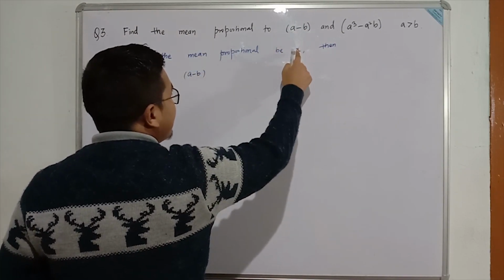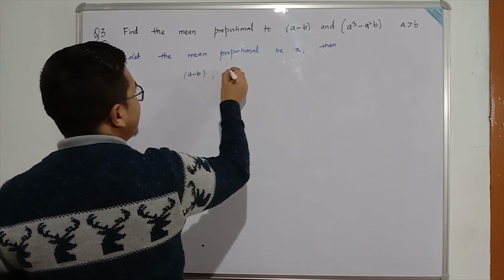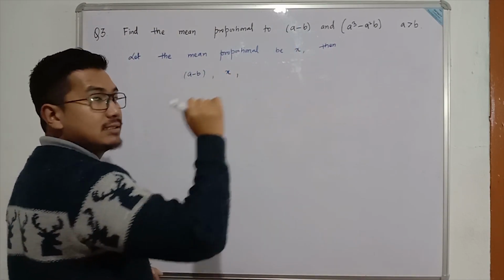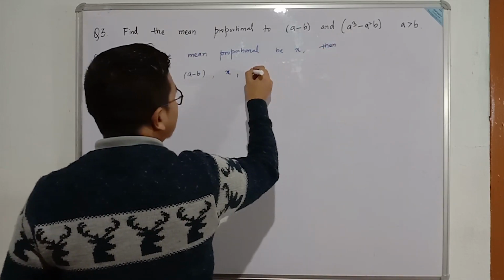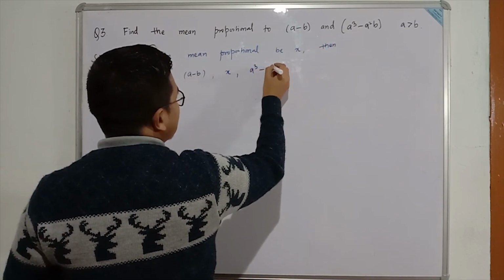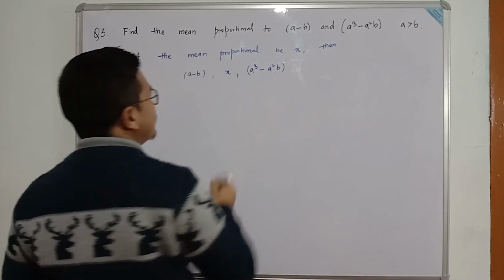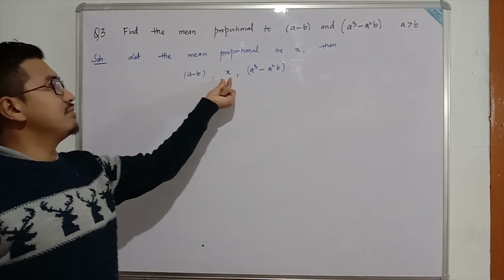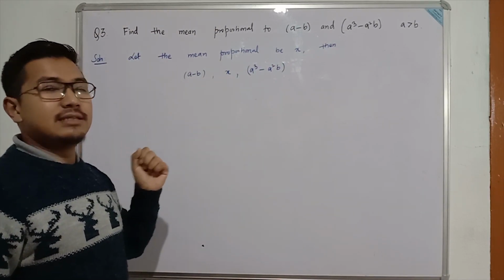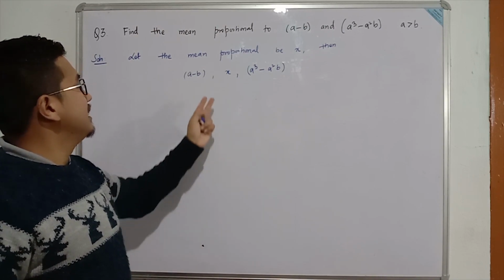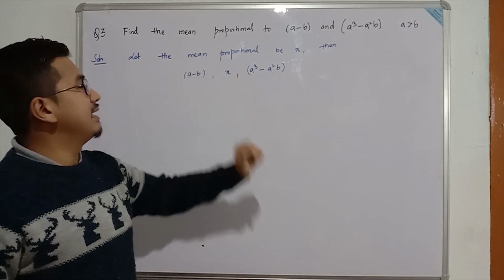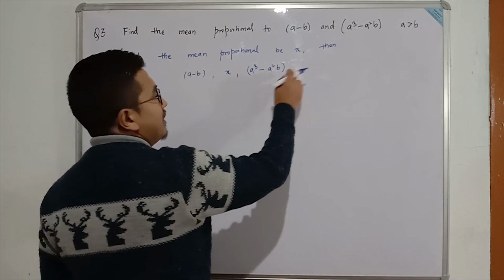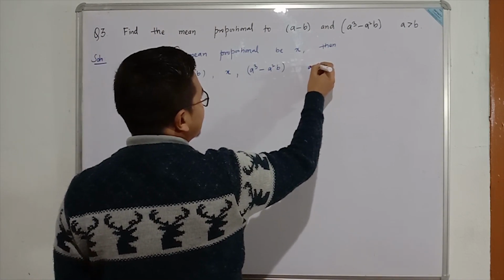The second value will be x because it is the mean proportional, and the third value will be a cube minus a square b. So these are the three values, and x is the mean proportion, and they will be in continued proportion. Then a minus b, x, and a cube minus a square b are in